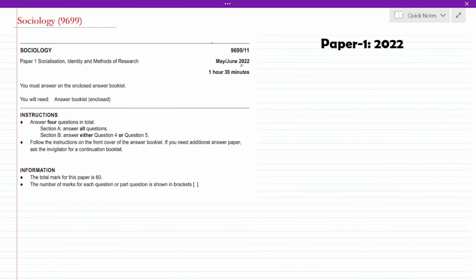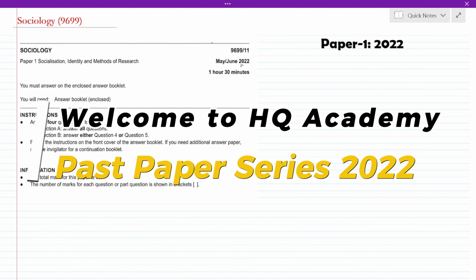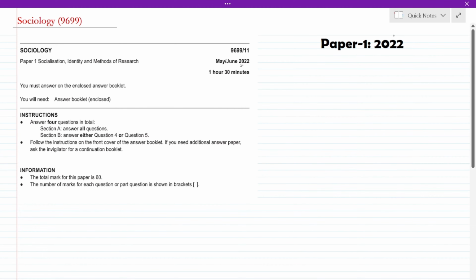Welcome to another series. In this series, we will do some analysis of how we can attempt the past papers within a given time period, year by year. We are going to start this series from 2022, and we have selected one of the papers from 2022 May June. Things you need to remember is that we have 1 hour and 30 minutes for our paper